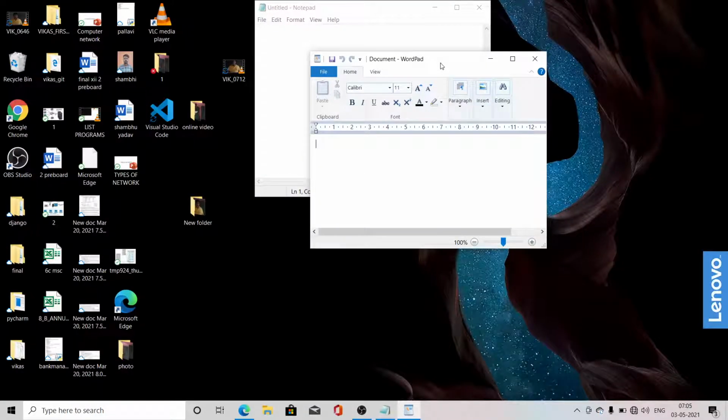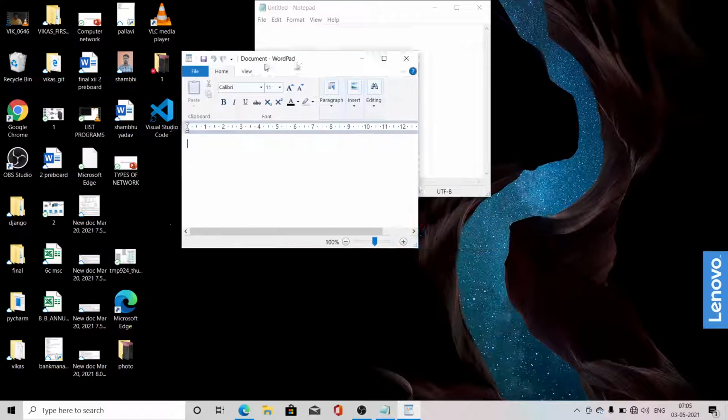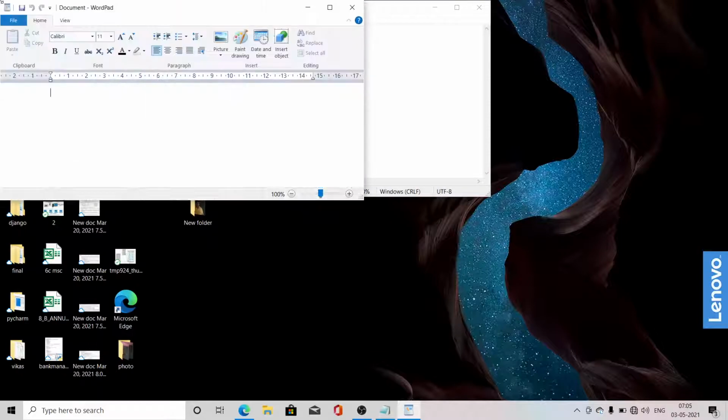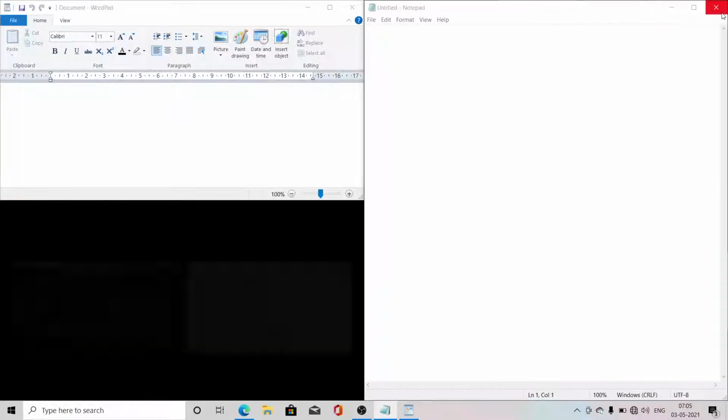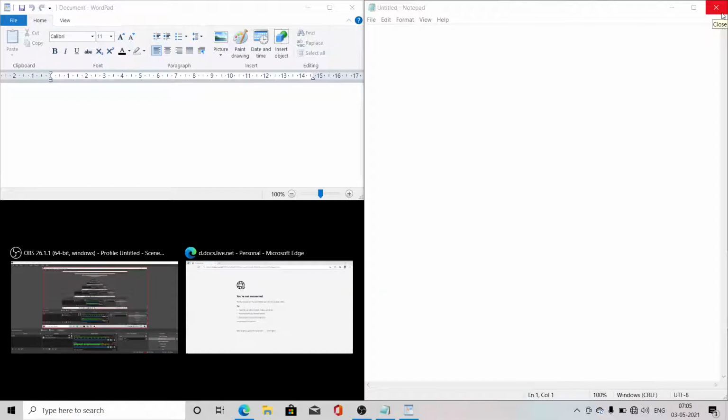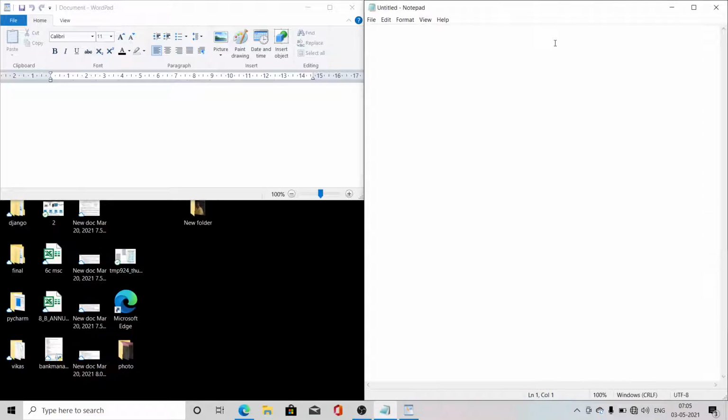Look, if you have two windows and you want both windows to come side by side, you have to bring one to the left side and leave it, and bring this one to the right side and leave it. Look here, all windows on your screen are active here. If you want to work here, you can do like that. If you want to work here, you can do like that. How will you do it? Once again I will show you.